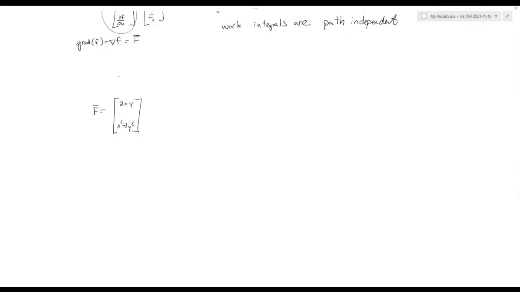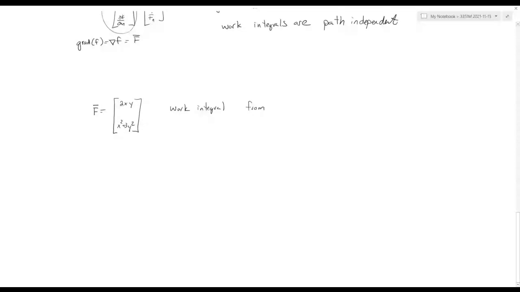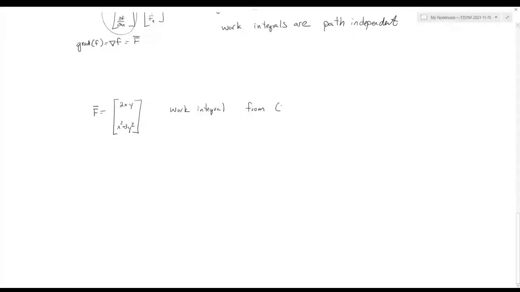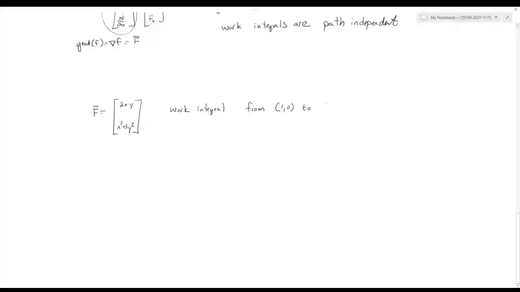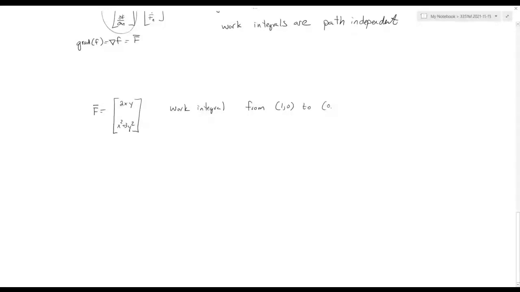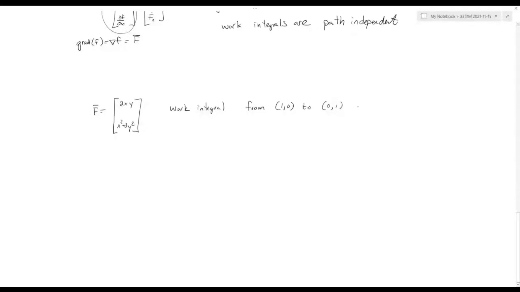And we want to find a work integral from (1, 0) to (0, 1), right? Along some path